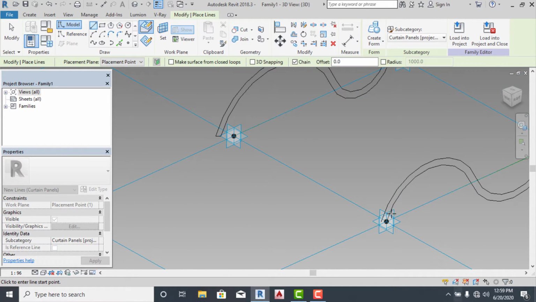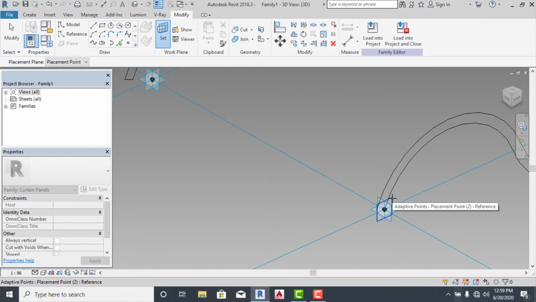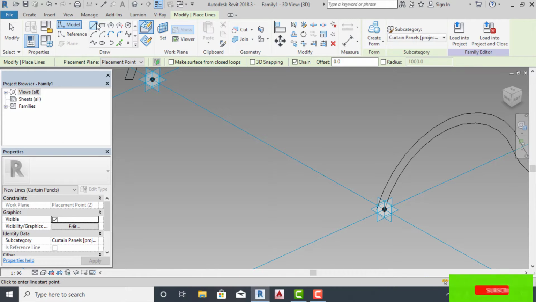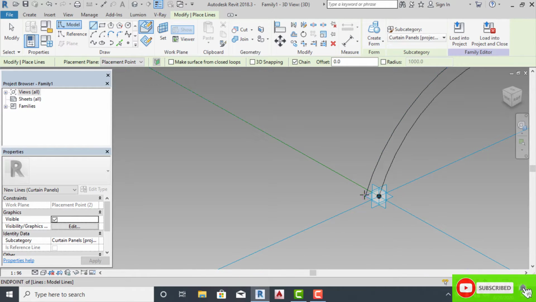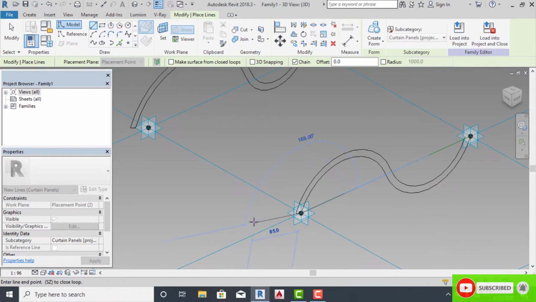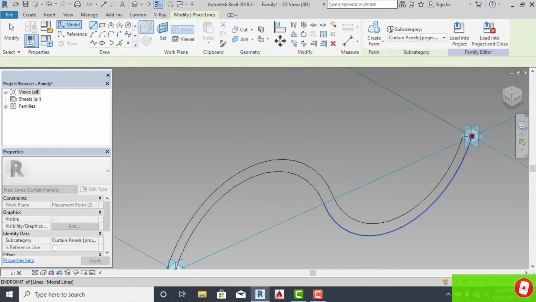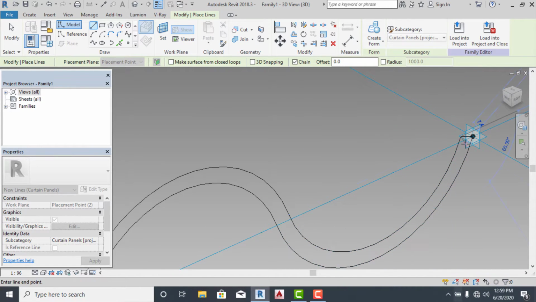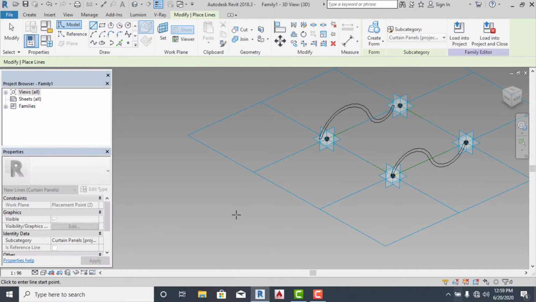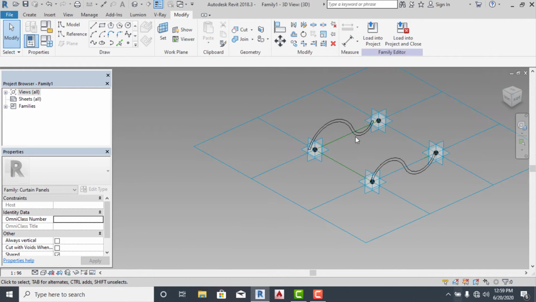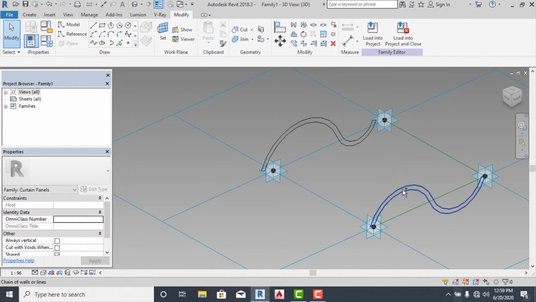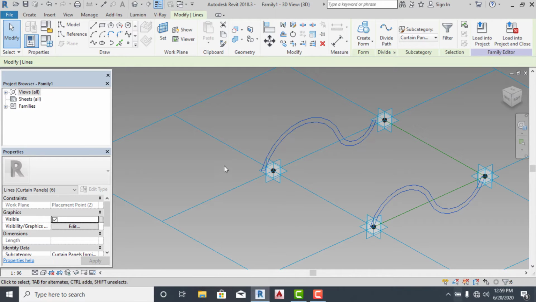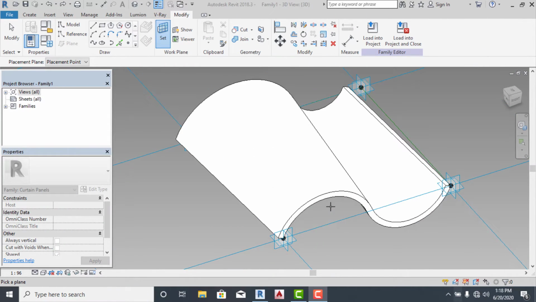Let's close this also. So let's set the plane again. Set the plane, click on line, top to bottom, click on Escape, bottom to top, and when you are done, click on Escape and press Ctrl on your keyboard to select this loop and this loop. After selecting the two loops, go to your Create Form and click on it. We have our Spanish tie.